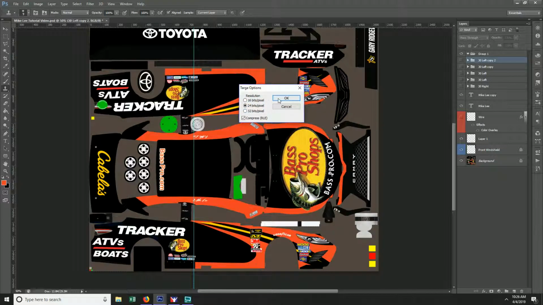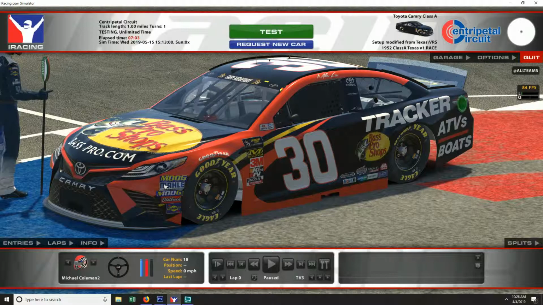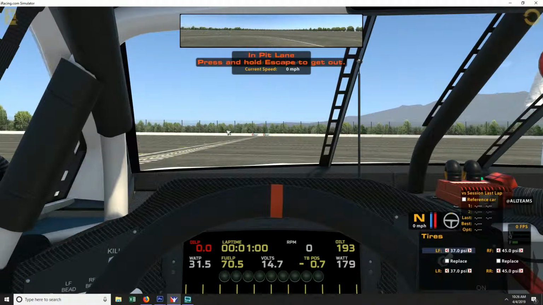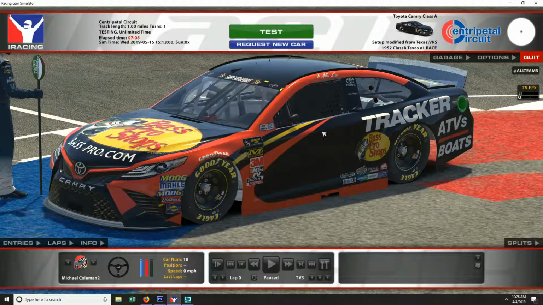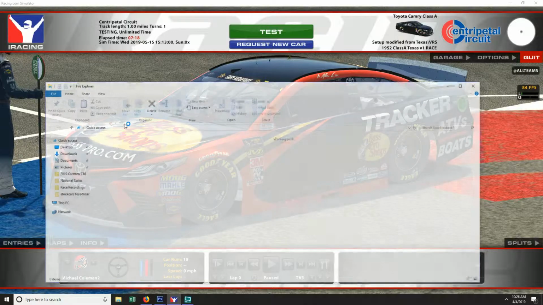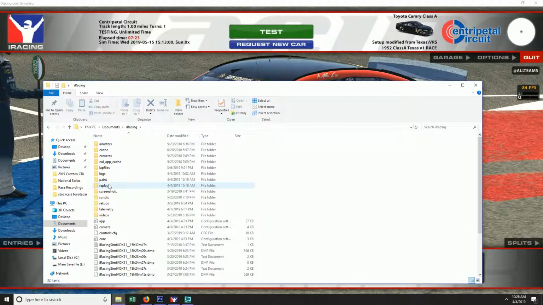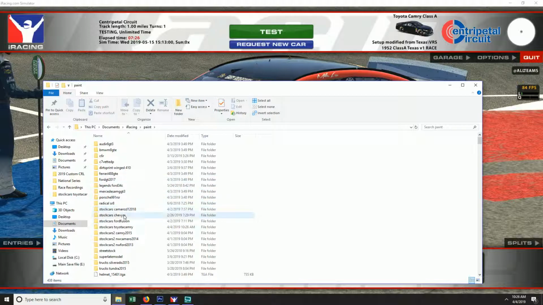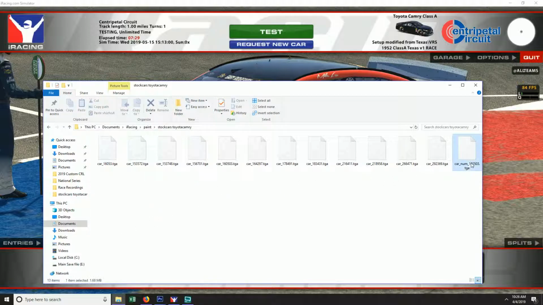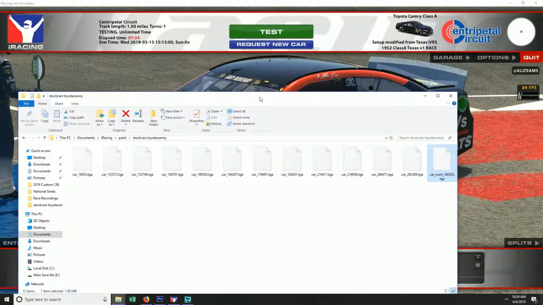And the reason why you want to do that is because you'll see that even though I don't have a number on it, iRacing didn't stamp anything. So you can line up all these lines exactly how you want. And then you have to make sure that you come in here to Documents, iRacing, Paint, and then if you're not going to use this file, you're just using it to check and make sure your paint lines up, all you have to do is delete it and save it back as your regular car number,